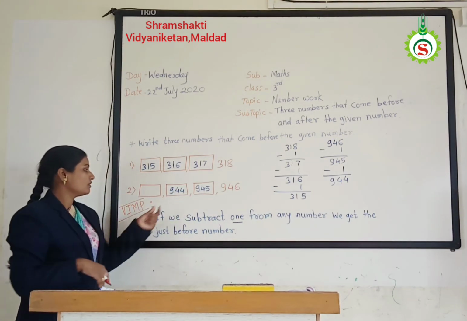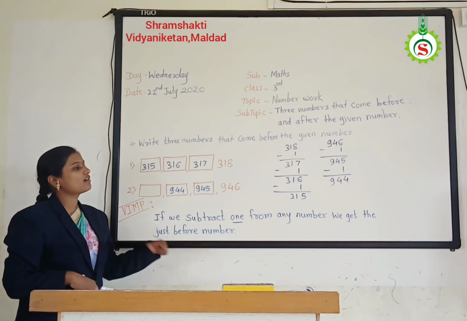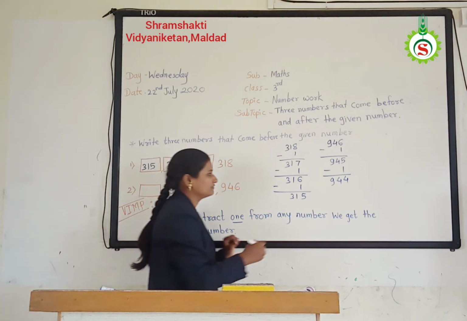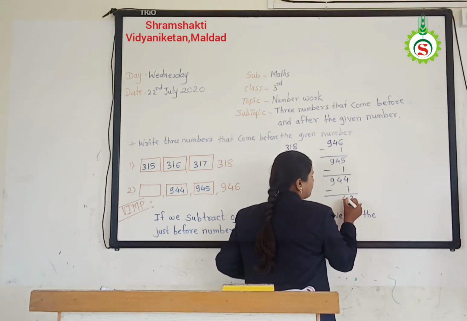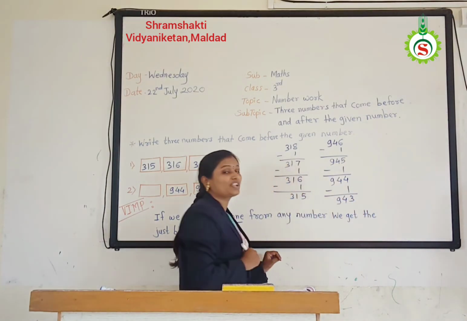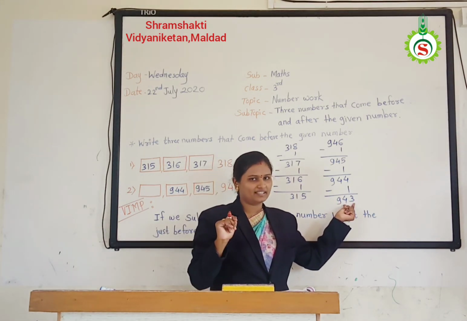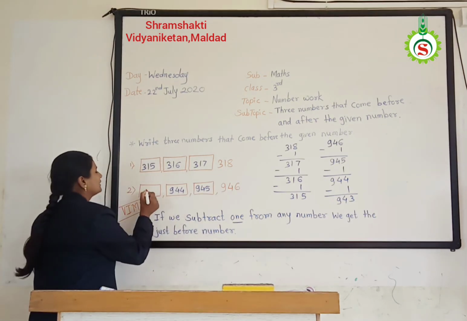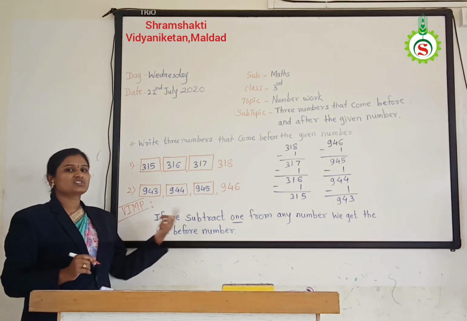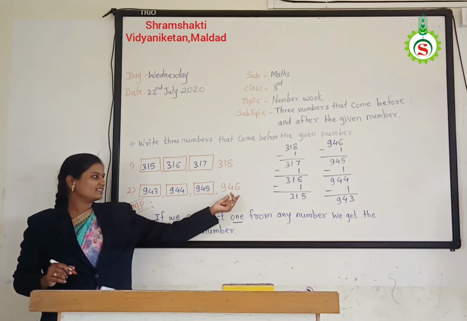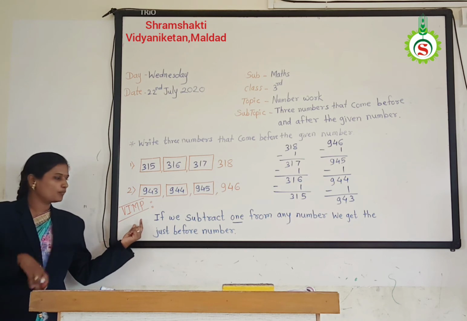944. Again find. Just before number means again subtract 1. 4 minus 1, 3. 4, 9. Which number do we get? 943. Write down 943. We find 3 just before number. 946. See again, important point is